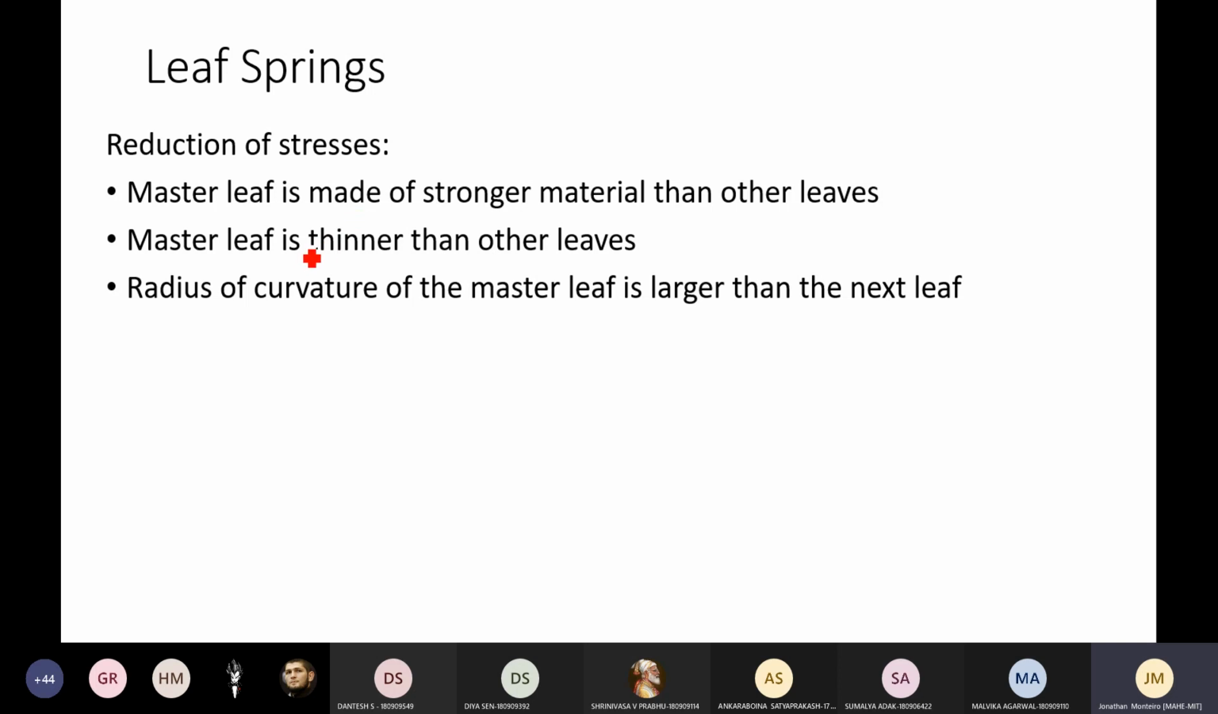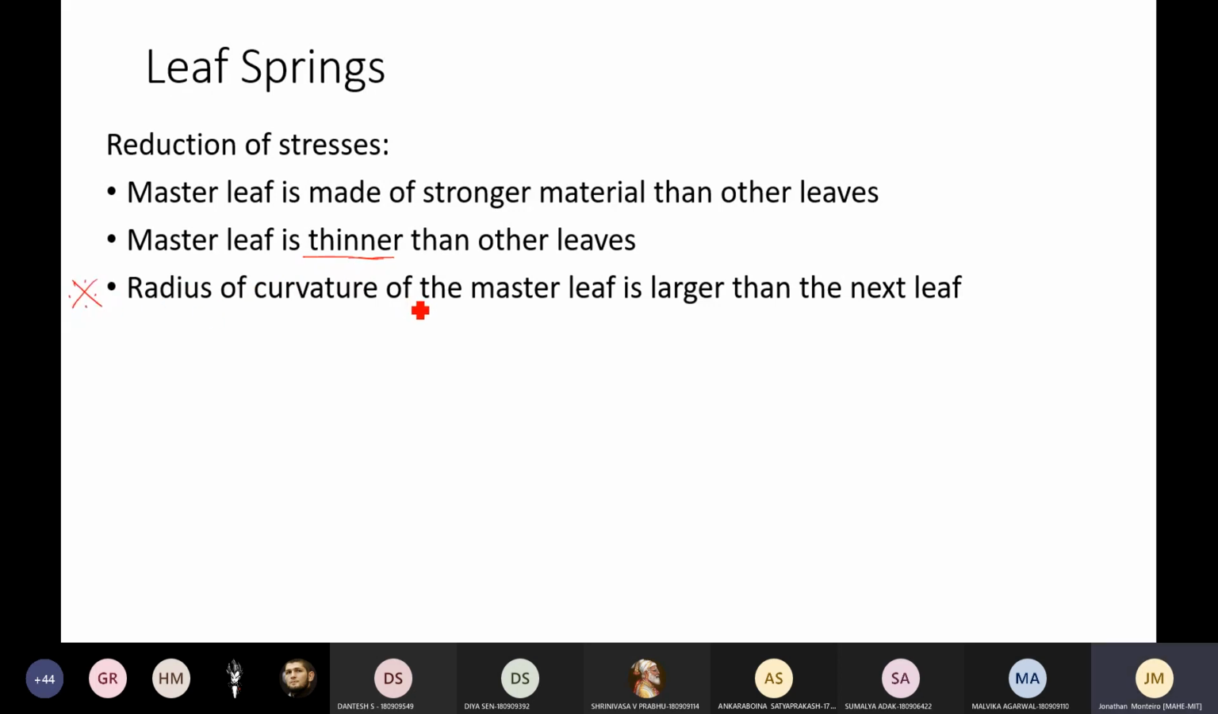The second one is that the master leaf is made thinner than the other leaves, so that the stresses on it will be slightly reduced. But these two are comparatively less practical methods. The master leaf being longer is also a little bit less practical method when implemented in industries. So they go with the third one,